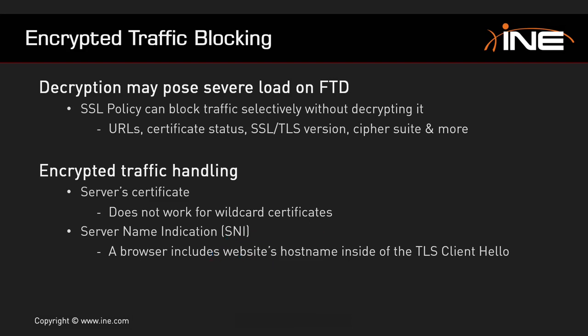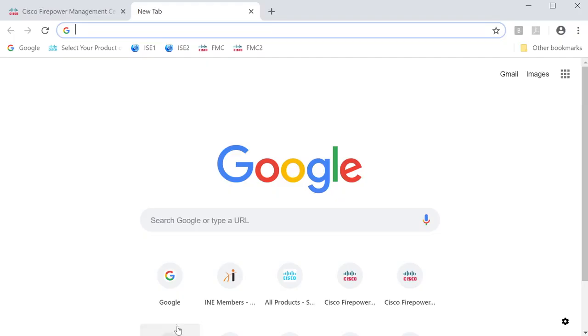Versus this first method, the certificate is going to allow you to figure out things such as certificate status, distinguished name, and some other information. Now, one problem that you can run into with a server's certificate is that in some cases the certificate was defined for more than one system, which is known as a wildcard certificate. For example, if we were to take a look at Google's certificate information,